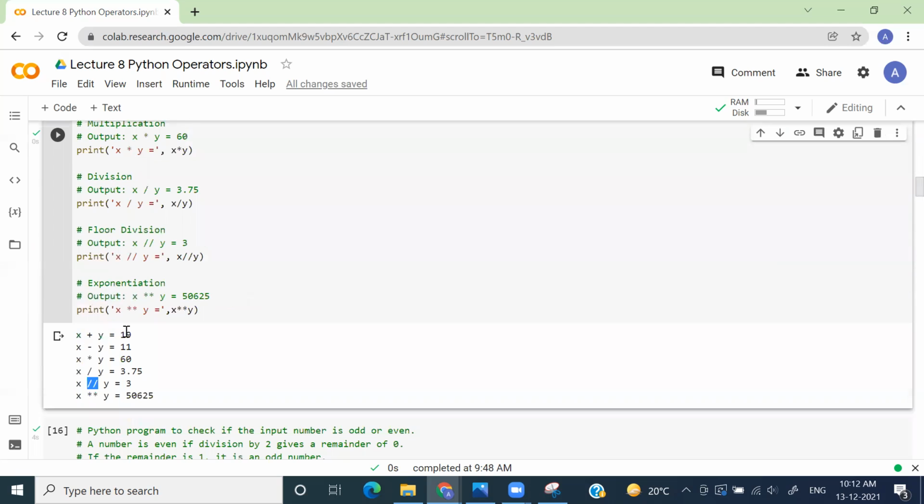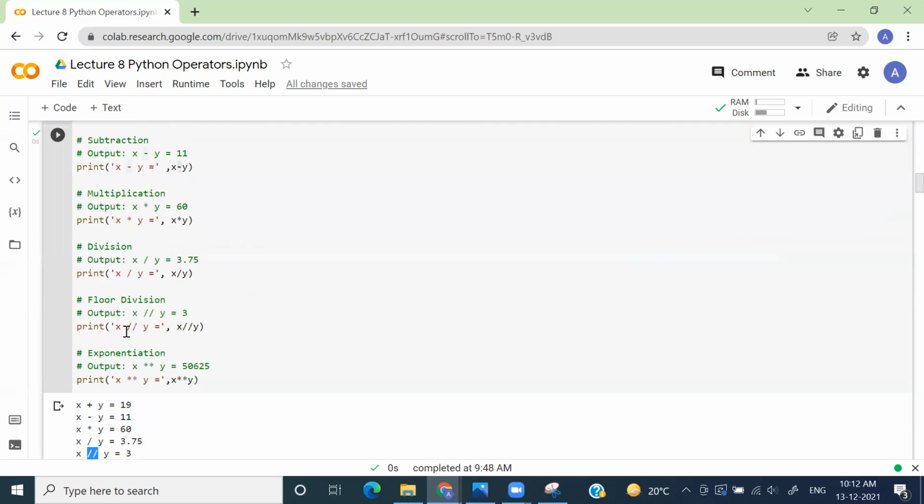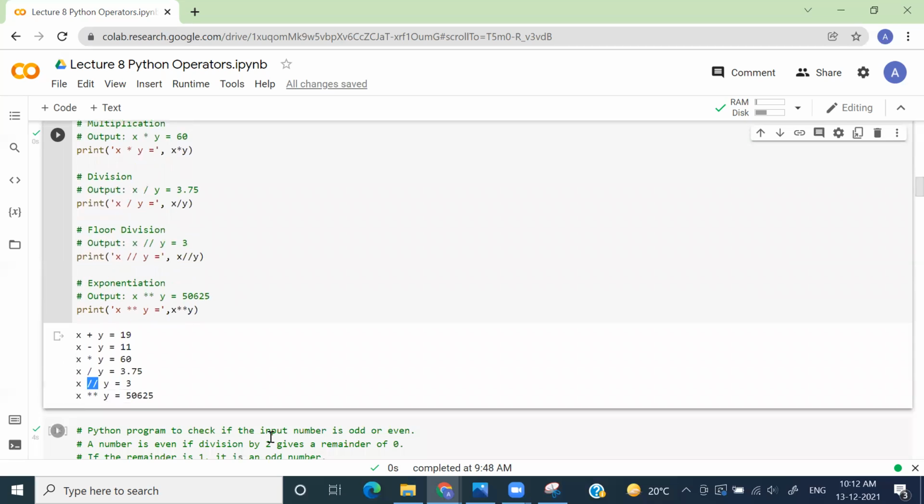Is this part clear? Is the arithmetic operator clear? Can somebody give me a heads up? Is this part fine? Then we can go ahead and check the other operators also. Can somebody please unmute and tell me that? Once floor division. I missed that.